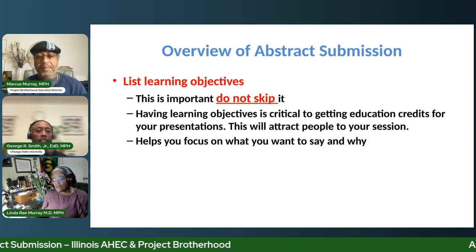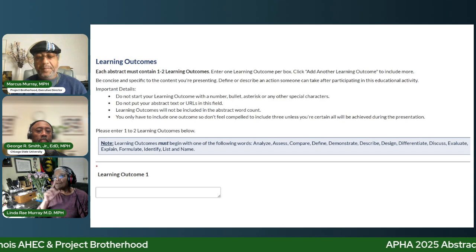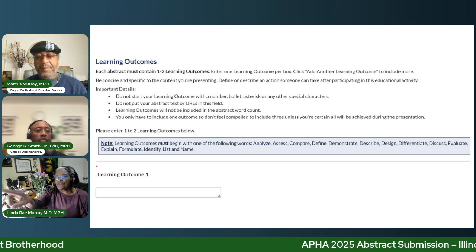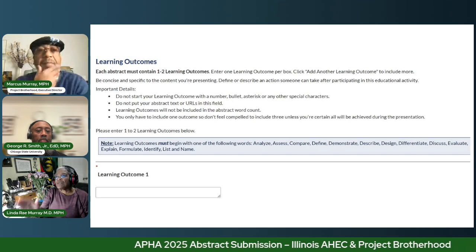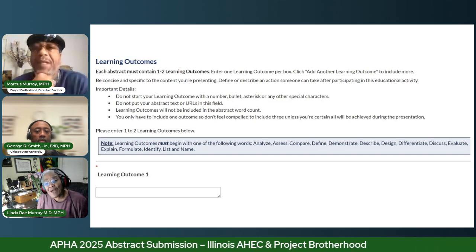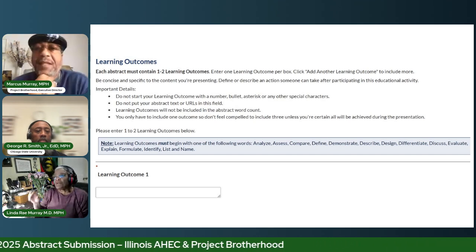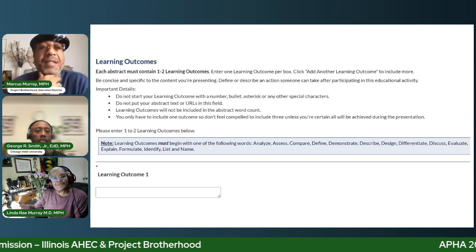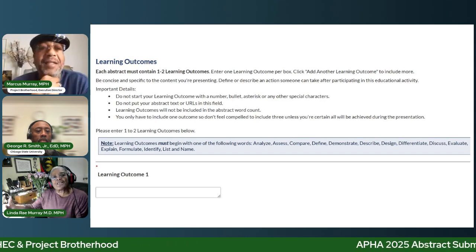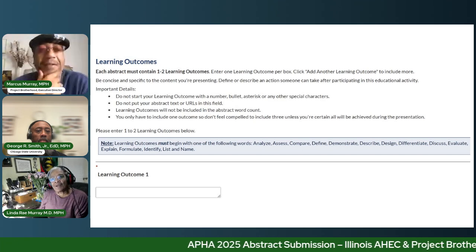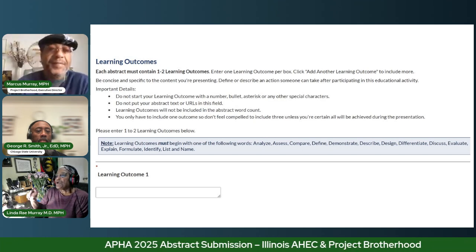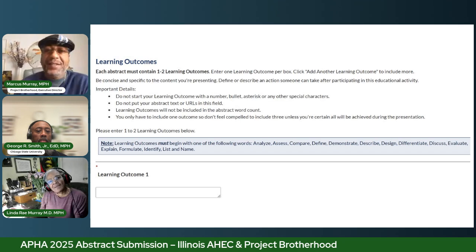And you can see, next slide. You can see this again. This is from the website, but you can see that area in the box. It gives you some hints. It says the outcomes must begin. And I'll tell you, if you don't begin with that word, the computer won't let you go on. But I want to analyze the COVID rates that different communities in Chicago had in 2020. Okay. I want people to compare the impact of